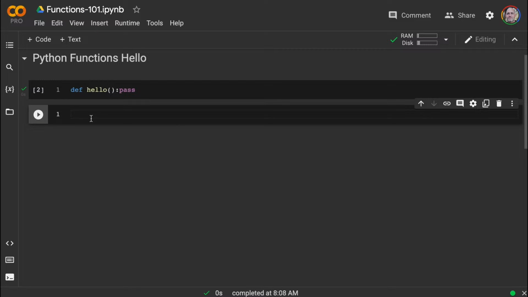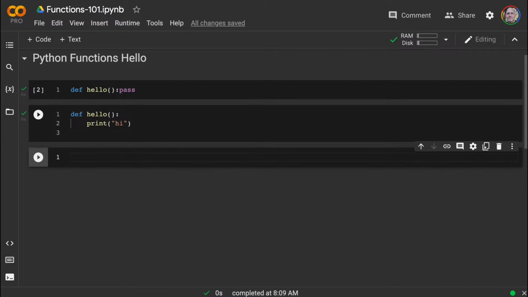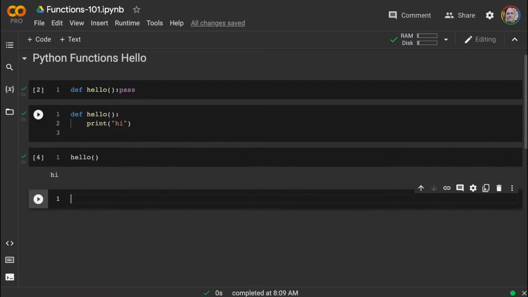If I want to make it do something a little bit more complex, we can do this. We can say hello here, and then now we can do something. We can just say it prints hi, and this is a little bit more complicated, but it's essentially just holding a piece of logic, and we go through here and we just say hello, right, and we're able to actually get that going.